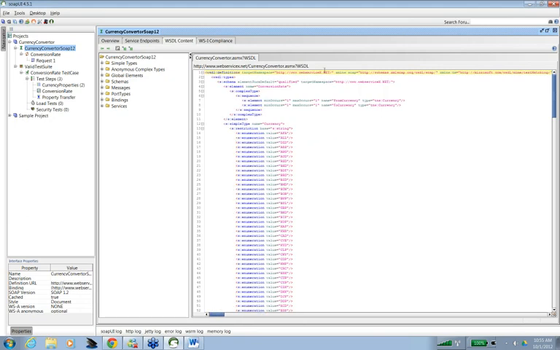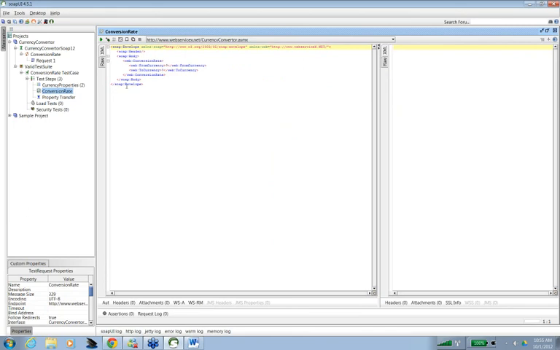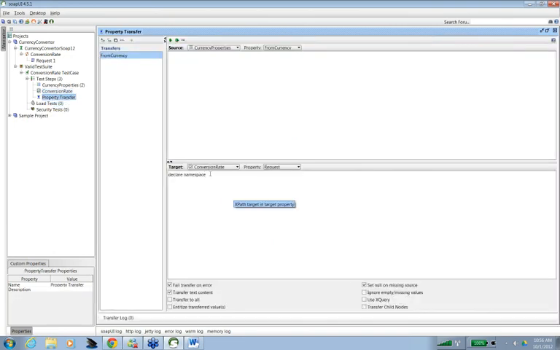Okay, so this is the namespace, and I'll put it here.